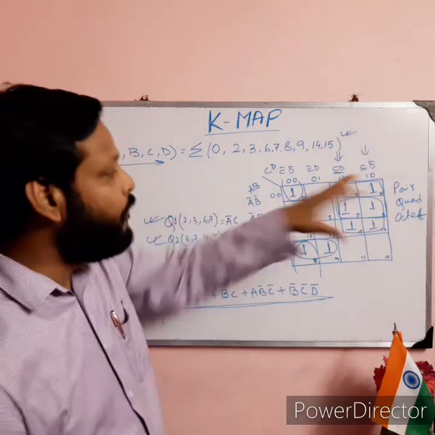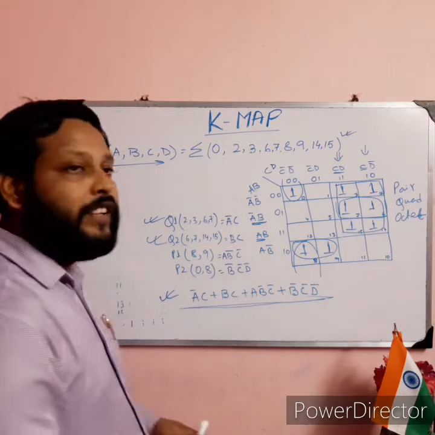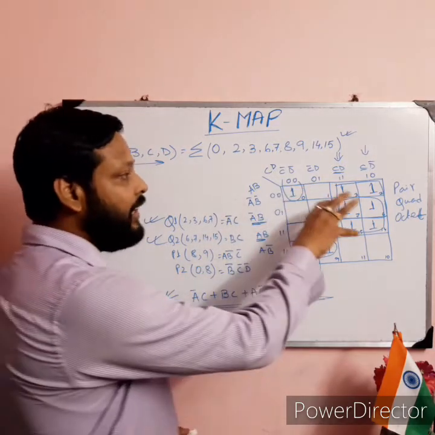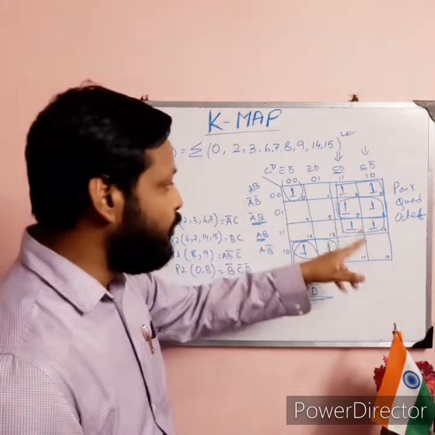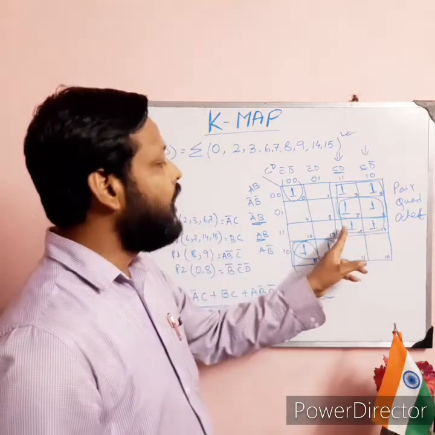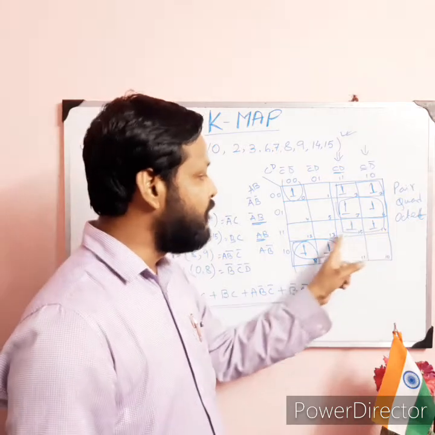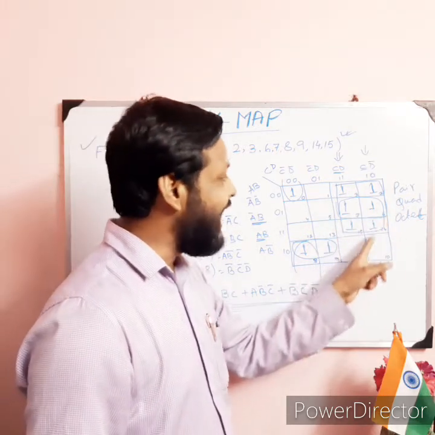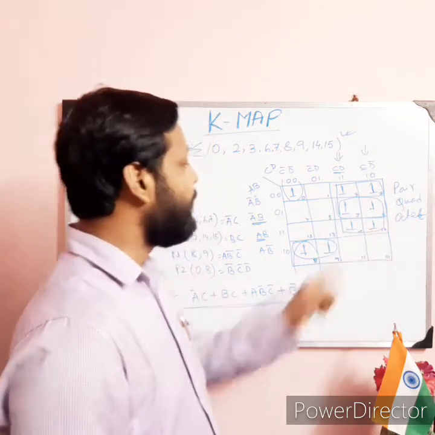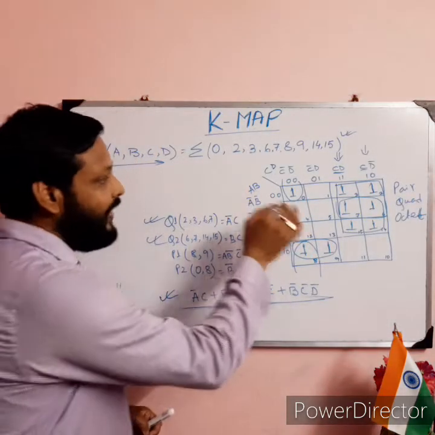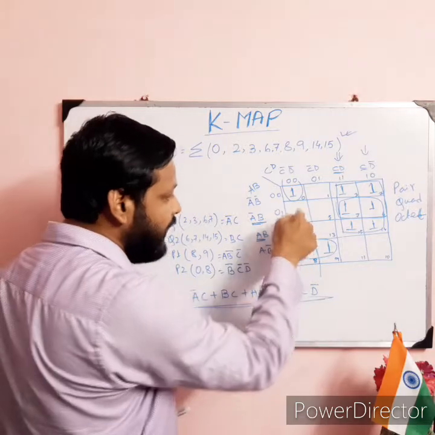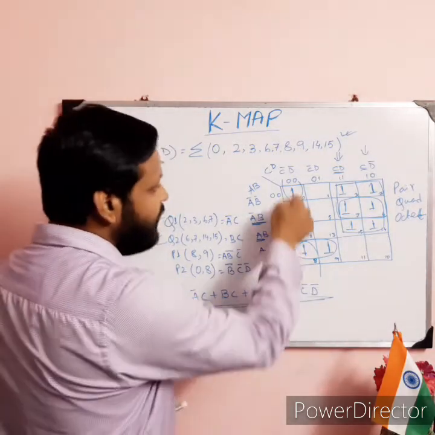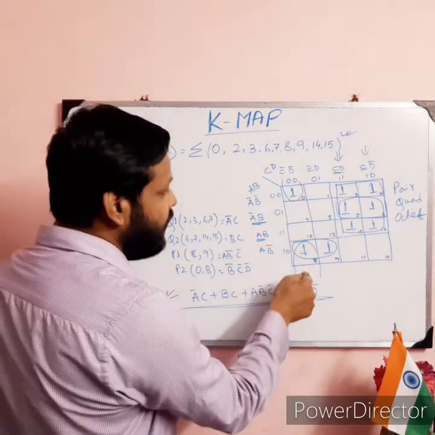While we are going to create the groups, first we need to remember to avoid redundancy. We'll go for the higher group if we are able to create it. As an example, in this group you can see 14, 15 are able to create a pair, but we'll go higher here because this is a quad. And if anything is left alone, see this 0 portion is left alone, so that's why we create one group here, which is a pair, 0 and 8.